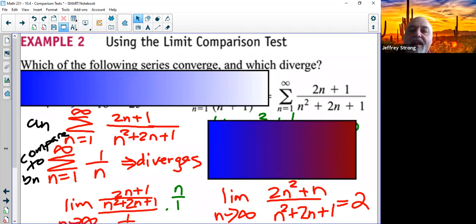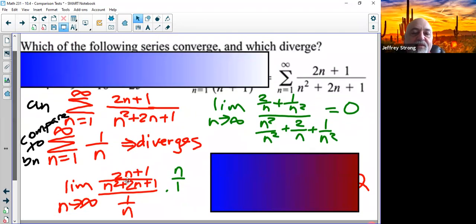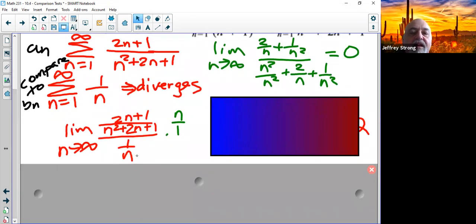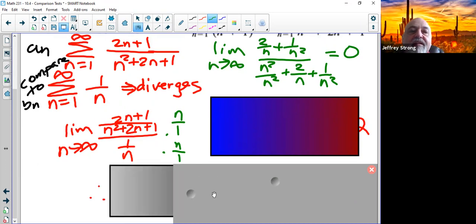Now, when you take the limit, let's look at this. When I take the limit of my original function over 1 over n, I'm going to rewrite it by multiplying both numerator and denominator by n over 1. Because remember, dividing by 1 over n is the same as multiplying by n over 1. And so then what I'm going to get,